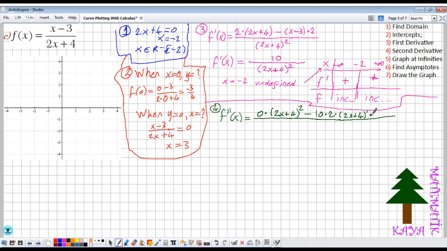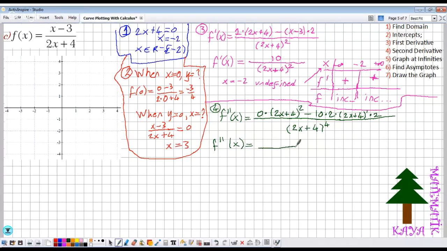Then, if you use the general power rule, that means there is another function inside the parentheses. We should multiply this by the derivative of the inside part, which is 2x plus 4. Derivative of it is 2. So then the denominator power 2. It was already all in parentheses and squared. If you take another square in here, it's going to be 2x plus 4 to the power of squared, which will be power 4. So now I have the second derivative of x